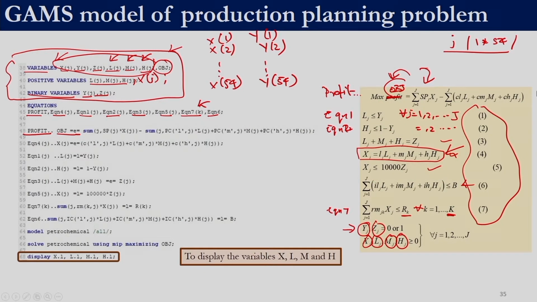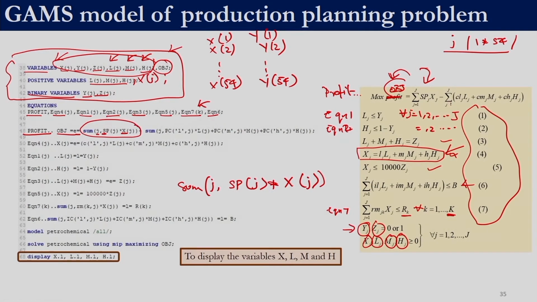Over here, if we see this particular equation, it is the summation of Sp and Xj, right. So, the summation of the variable Sp and X over the set J. So, that is why we write sum over J, right, the variable Sp and the variable X. So, that is this particular term over here.